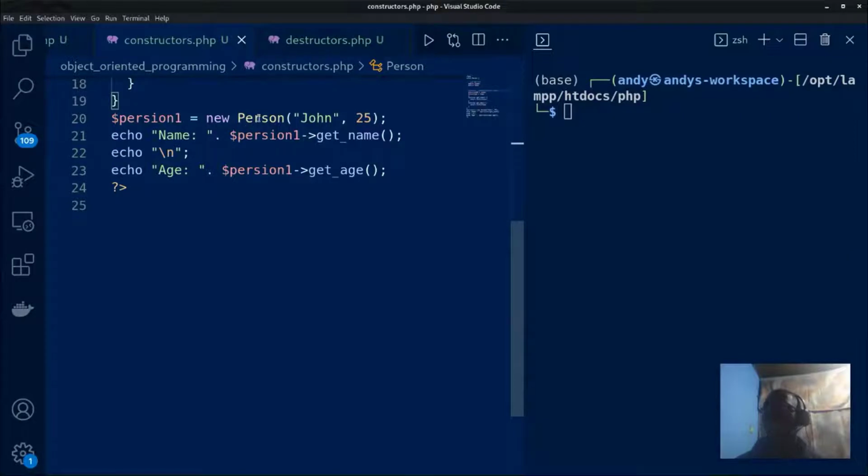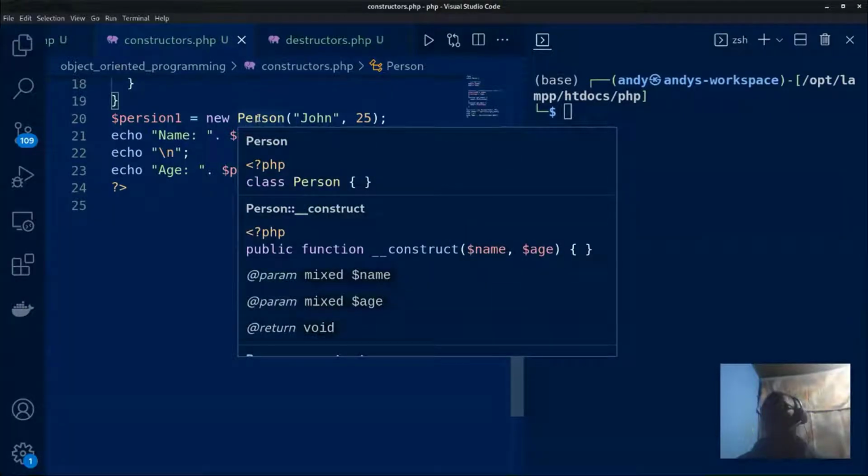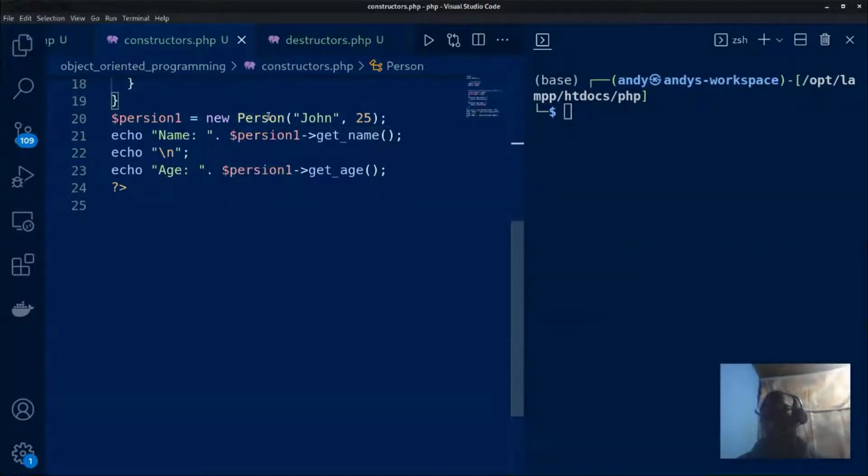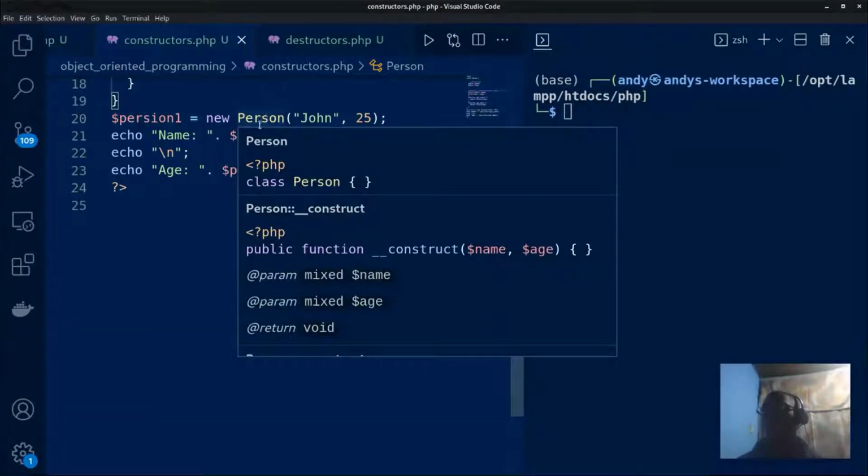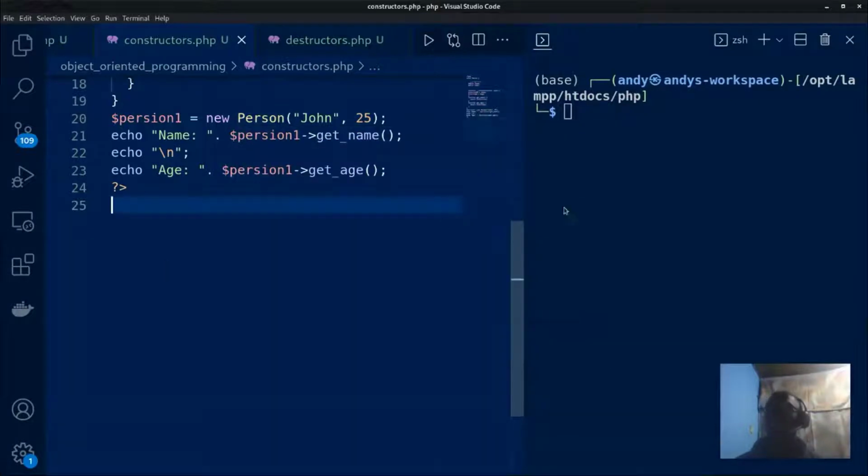So you see, when I define my person class and hover on the person class, you see this pop-up. It has a constructor that takes in the name and the age. Now if I run this function, php constructors